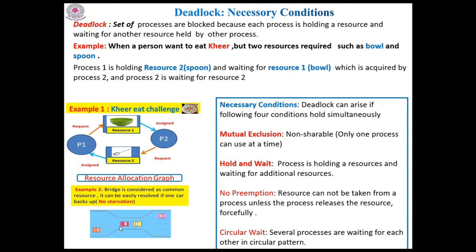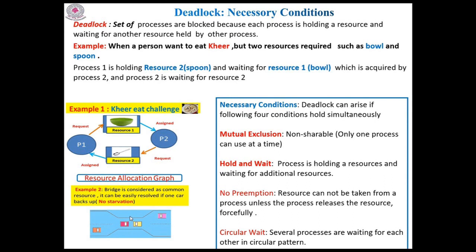When this is a common resource, it can be allowed only one car at a time. But both the cars started from either end and got held up at a certain place. This held up situation is called a deadlock. Why did it happen? Because this resource is a non-shareable resource. When both are trying to access it at the same time, there will be a problem. That problem is called a deadlock.